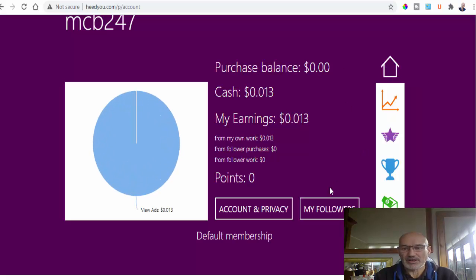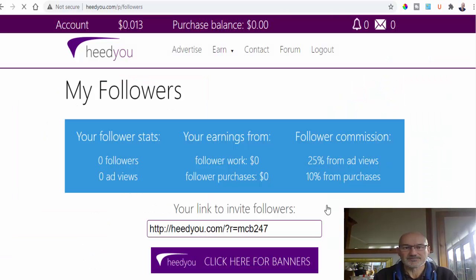So let's just go back over to our account and click on followers. Now, as you can see here, it says your follower stats. So I've got no followers at the moment. My earnings from my followers are 0, and followers purchases are 0 as well. But this is where it comes in, guys. The followers commissions are 25% from the ad views. So if they were just to come in and click on ads, you would get 25% from the money they make. So for argument's sake, if you were to invite up to 100 people,